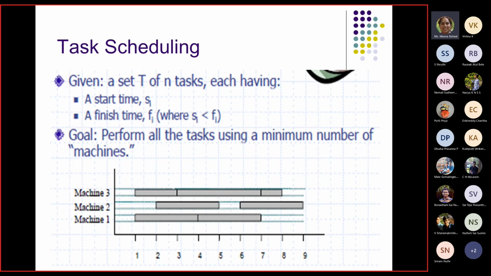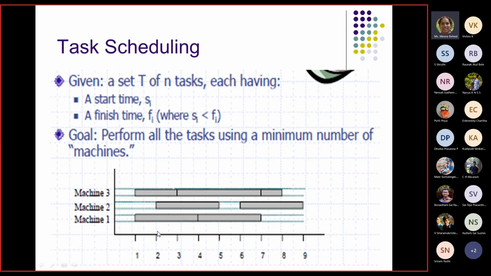As simple as that. For example, here the first task starts at time number 1, and I need a machine, so I allotted machine number 1 here.